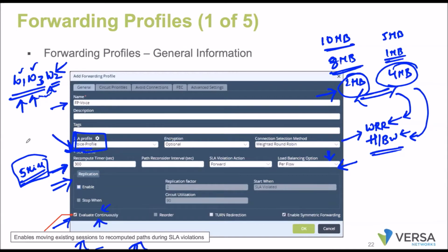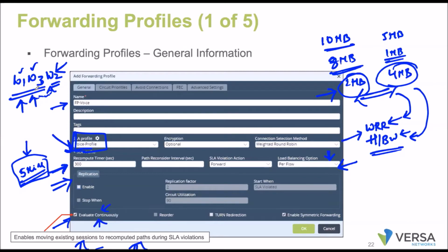The recompute timer is nothing but, every 5 minutes, it tries to verify whether the WAN circuits are meeting the SLA or not. So that means in between, if it goes bad and then comes back good before it checks again, no action will be taken at that time, right? Yes. So it does not take any action, Vignesh. It waits for 5 minutes and takes the action.